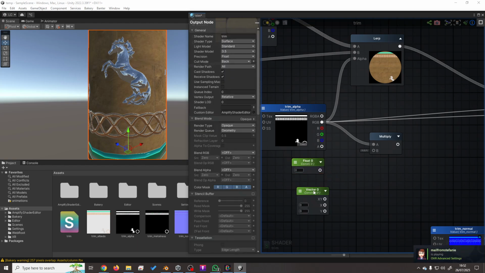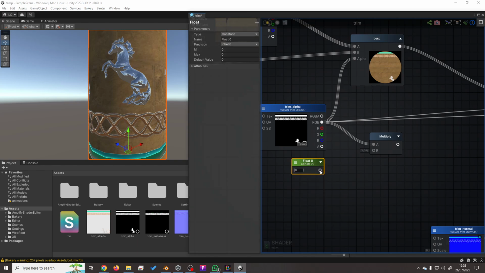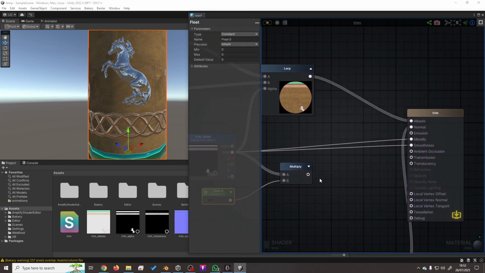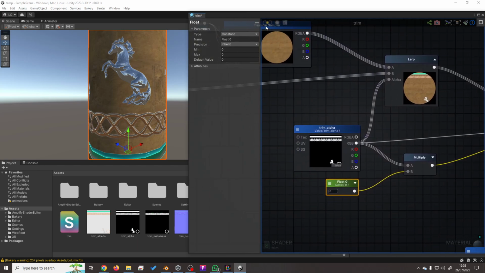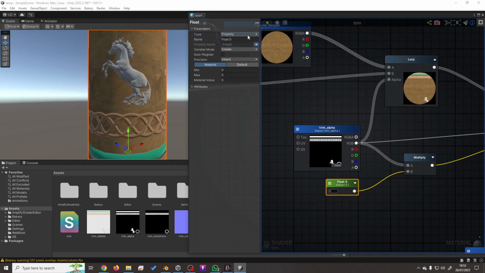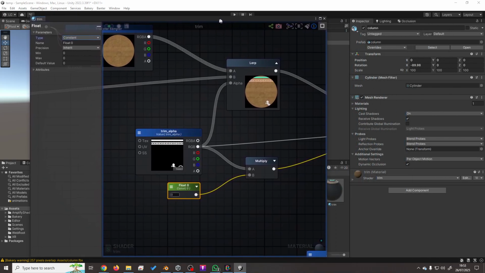If you hold down 2, you get a vector 2. If you hold down 3, you get a vector 3, etc. But I just want one value, which we can plug into there, and plug that into smoothness. And if we compile it, we actually want to tell it as well that it's a property. And the reason we want it to be a property, if we leave it as a constant and compile it, when you go back to the material,